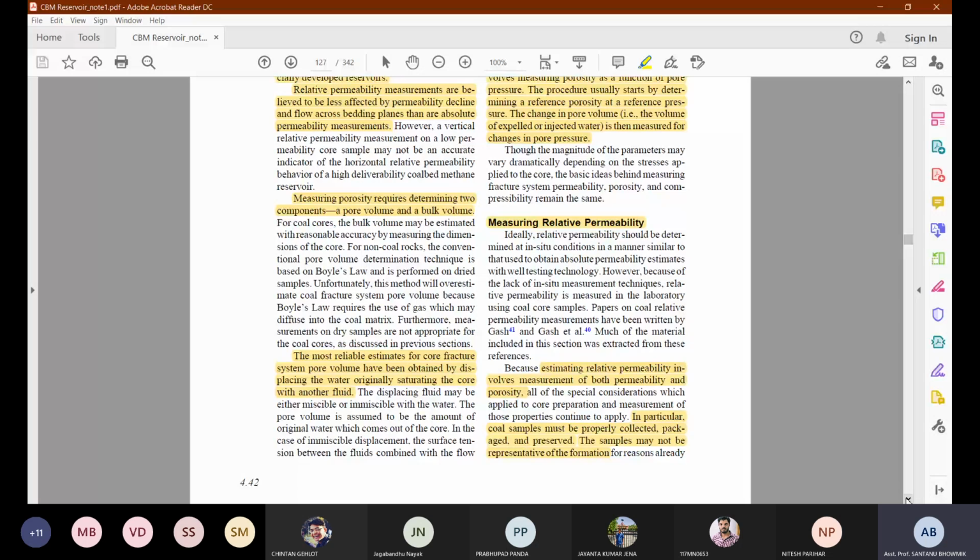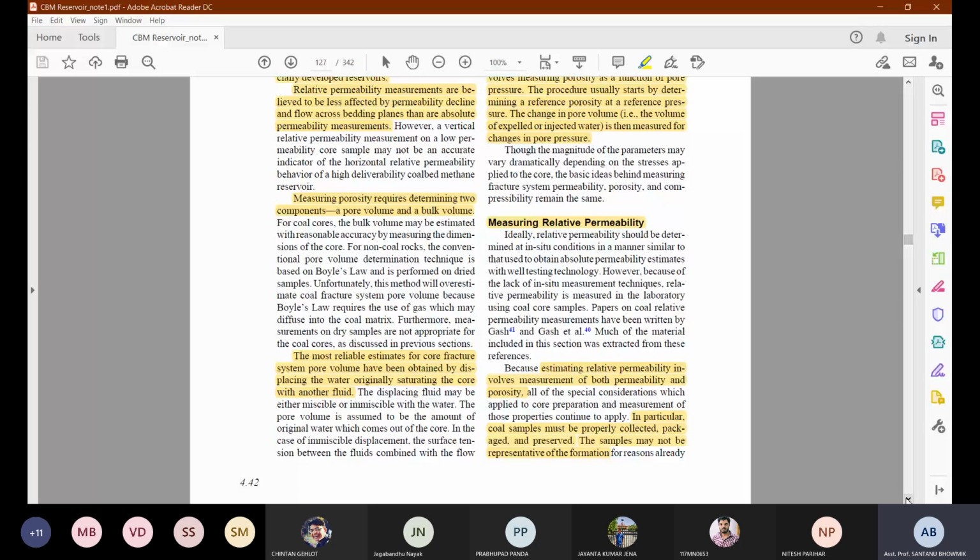Again, these porosity and permeability problems will be present. Whenever you take coal samples, if a coal sample already has some moisture, you have to preserve that moisture. Otherwise, what will happen? Suppose when you collect the coal sample, it already has some 10 to 20% moisture. Now, if you consider the permeability at the dry state, whatever moisture was there is going to be evaporated. Only the connate moisture will be present there.